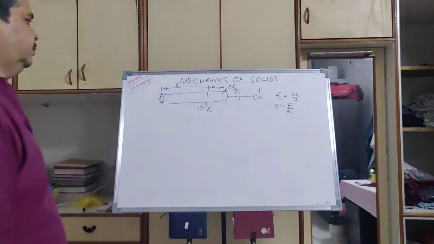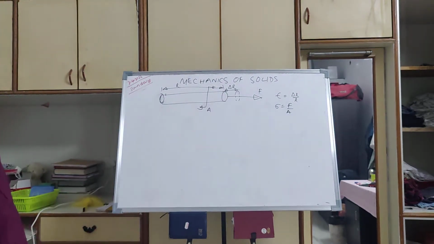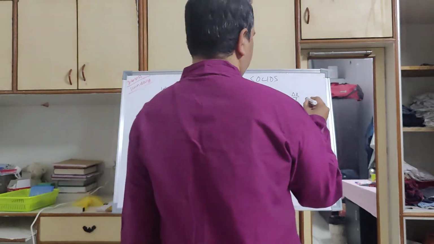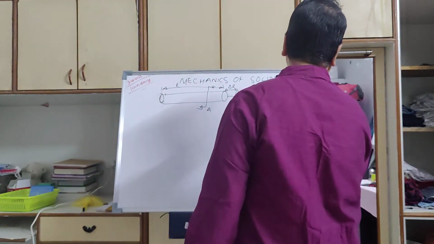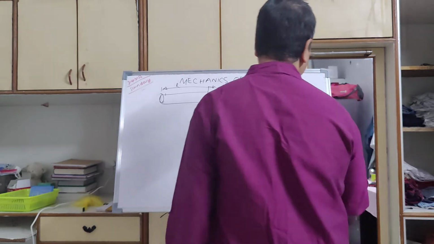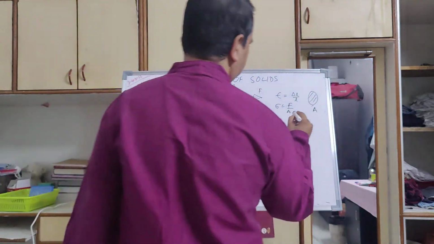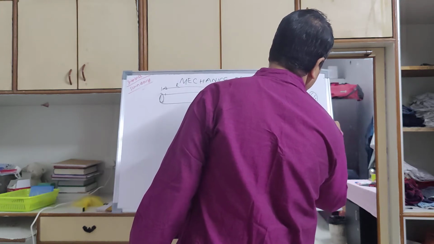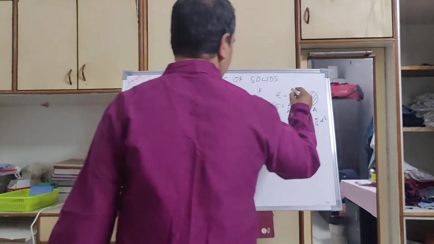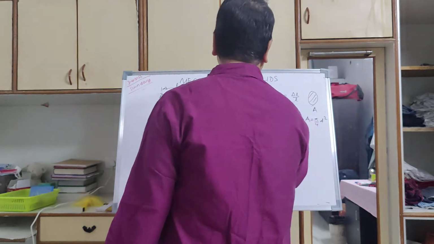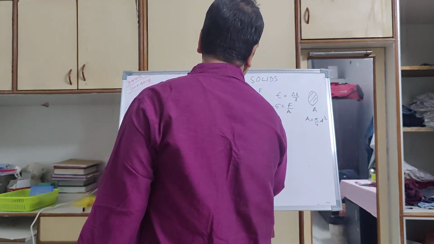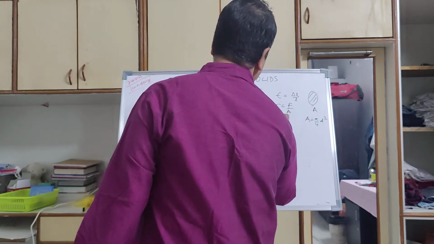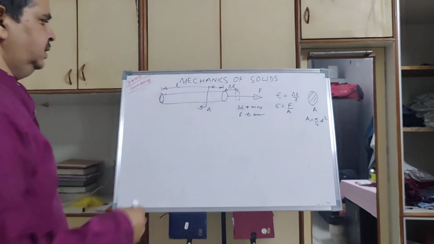So this is longitudinal in nature. This is a rod, and if you look from the side, it will have a cross section like this, and the area of cross section is A. If it is circular in nature, with diameter d, the area will be pi by 4 d square. This strain is unitless, because delta L can be in mm and L can be in mm, so mm by mm is a ratio.